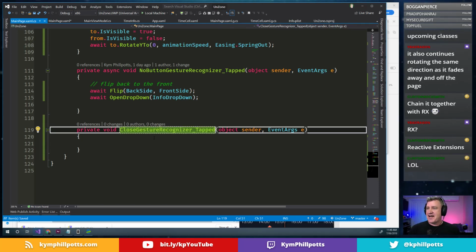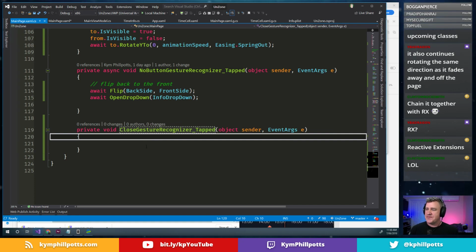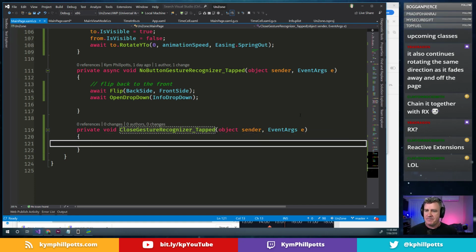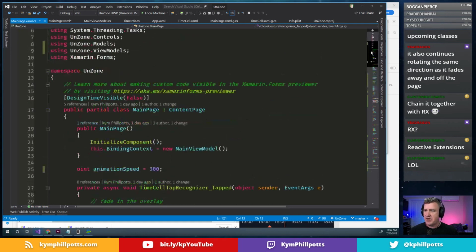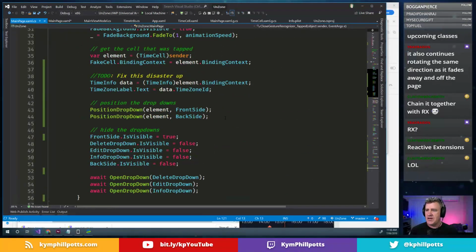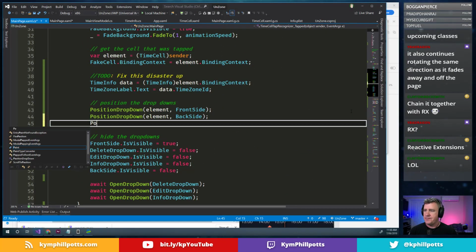All right, so this is our close. This is where we're going to want to do some fancy stuff. But really, first of all, we want to position the close button. I'm not going to do it here, because I'm going to create a method for it. Otherwise we're going to end up with all this positioning rubbish going on. So let's say, position the close button based on